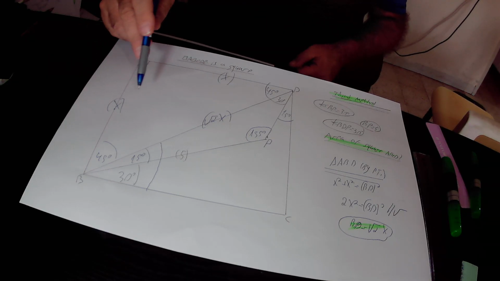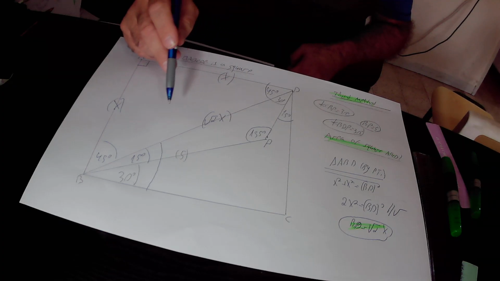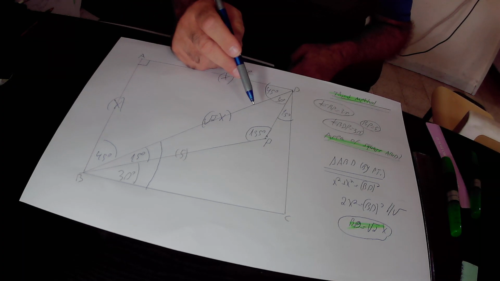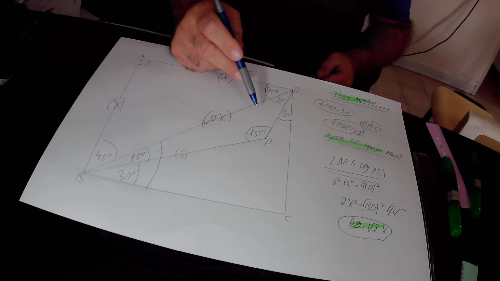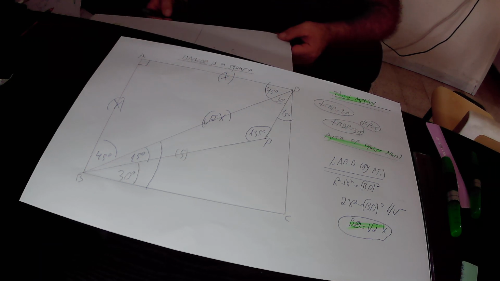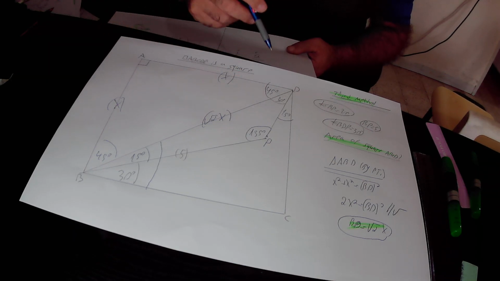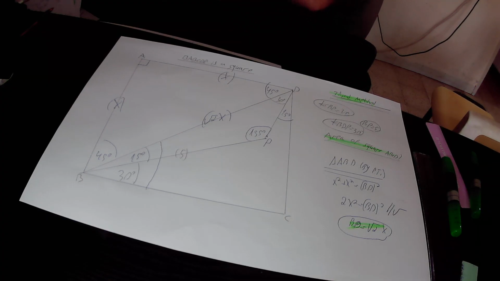So in triangle BDP, this angle equals 30 degrees, this angle equals 15 degrees, and therefore this furthest angle must be equal to 135 degrees, according to the rule that the sum of the angles in a triangle is equal to 180 degrees. In the next step, we implemented the law of sines in this triangle BDP. So according to the law of sines,